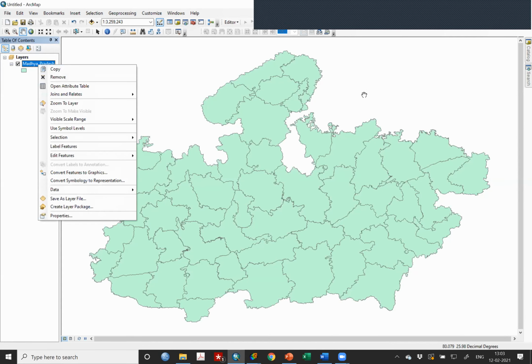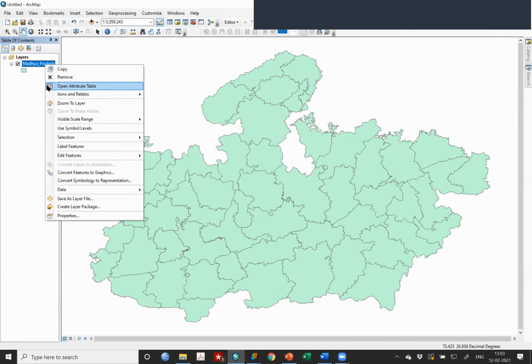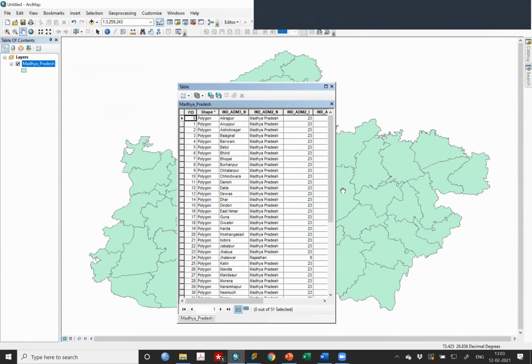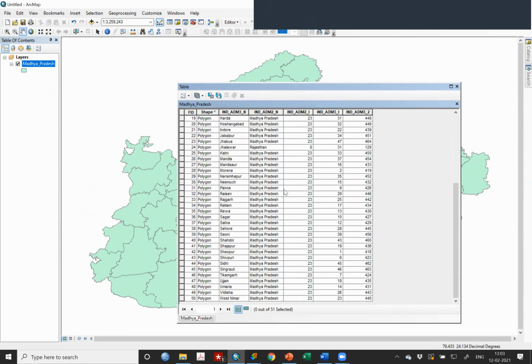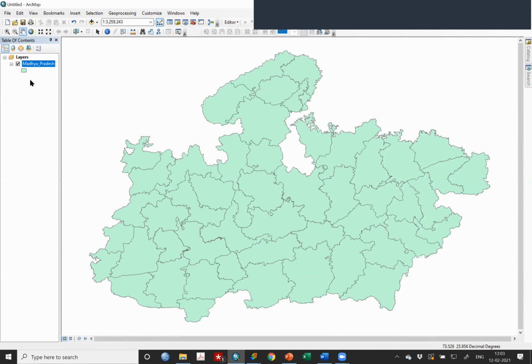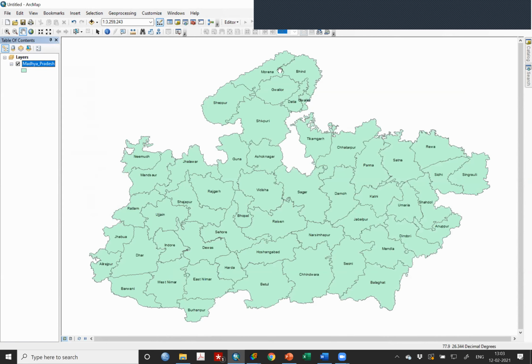Look, this is an ArcGIS interface. All of you also see something similar. Look, a similar open table also appears here, as you saw earlier. Now, here it is possible to label it. So label feature, and now what happened is that all the labels appear. So Jhalawar has also come in now.